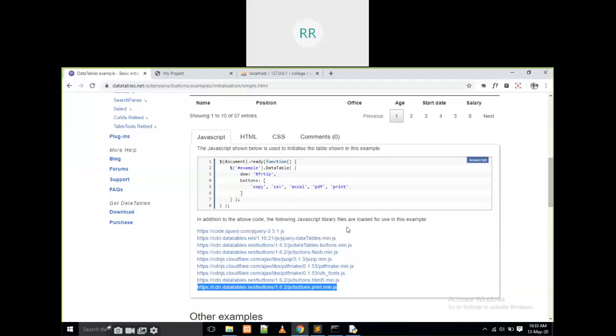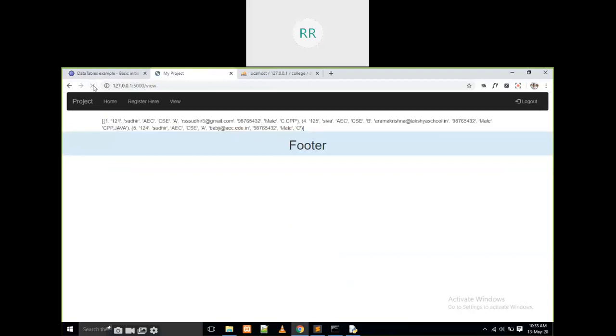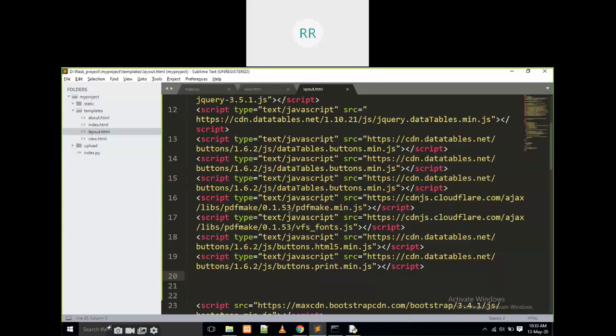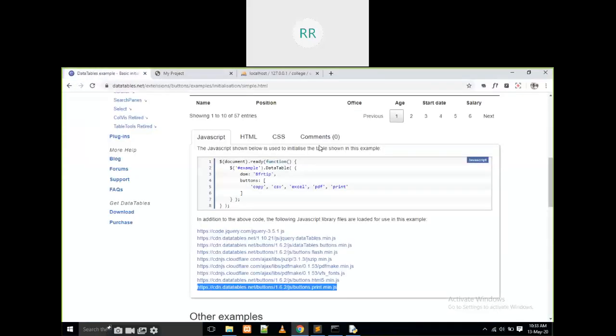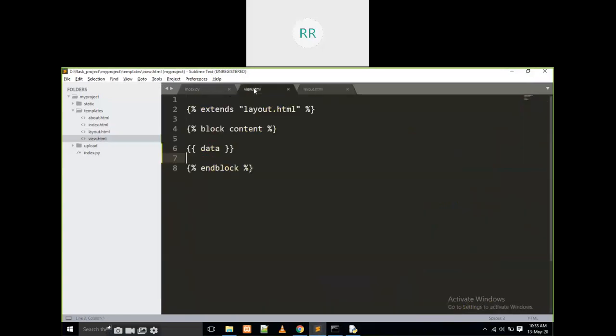And what is my next step? If you observe the code, there are no changes at all and no errors also. My next step is to copy this JavaScript code and put it in view.html.